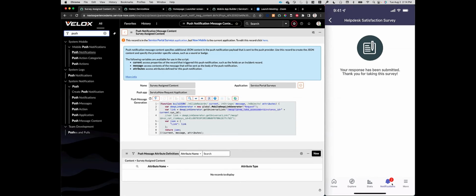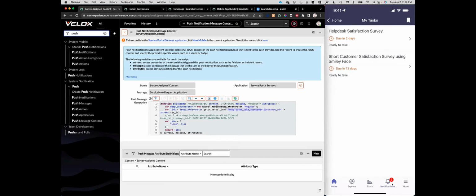So again, very quick, very easy. Nothing specifically that we need to do to make this happen. We're going to receive the notification, and we're also going to have this task show up. Once we've completed the task, you can see it disappears from our list. And just for your information, where you're going to find that specific screen that's being displayed here, we can take